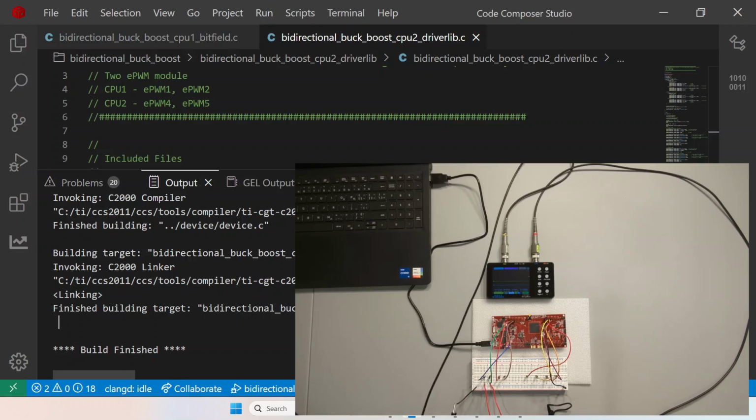So you will now see the microcontroller in the video, and here in this case I have more connections brought out, and that is simply because for each CPU we are now controlling two EPWM modules, and within each EPWM module we are extracting both the outputs. So therefore there are 4 wires connected for each CPU. So this is all CPU1 and this is all CPU2. So with this we can now zoom in to the oscilloscope